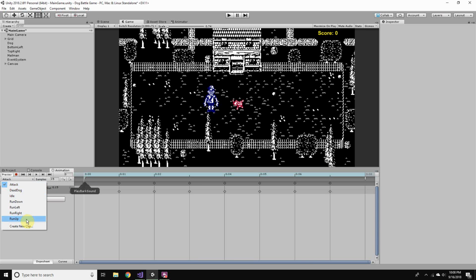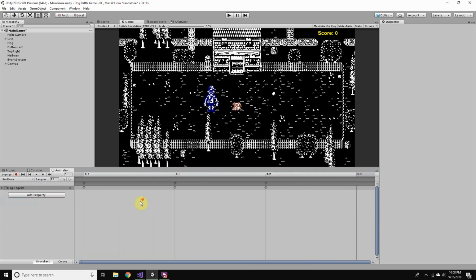Next is going to be the different running animations. If I do run down first, I don't want to do my event here, because if you notice, sometimes I'm switching between states so fast that it's going to play a lot of sounds at once. So I'm not going to play audio for running until a full loop is completed, and that will help save